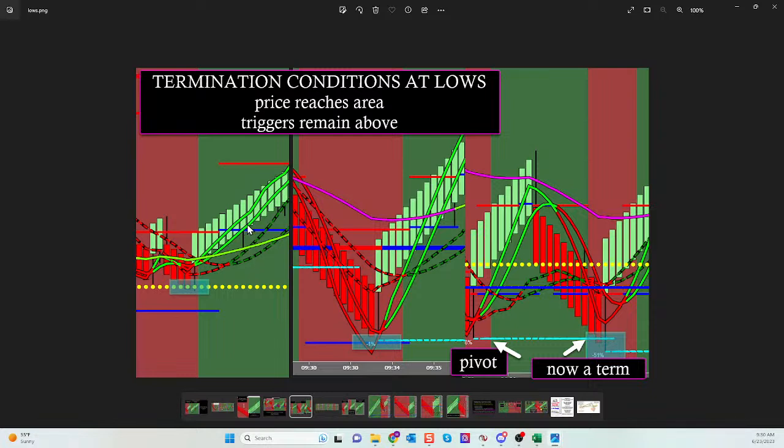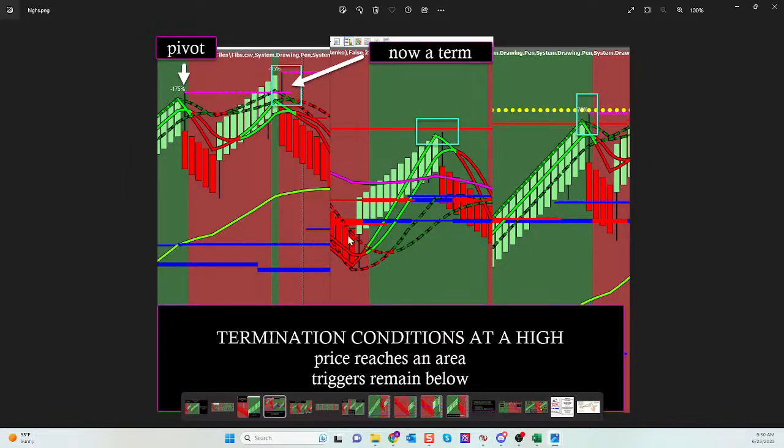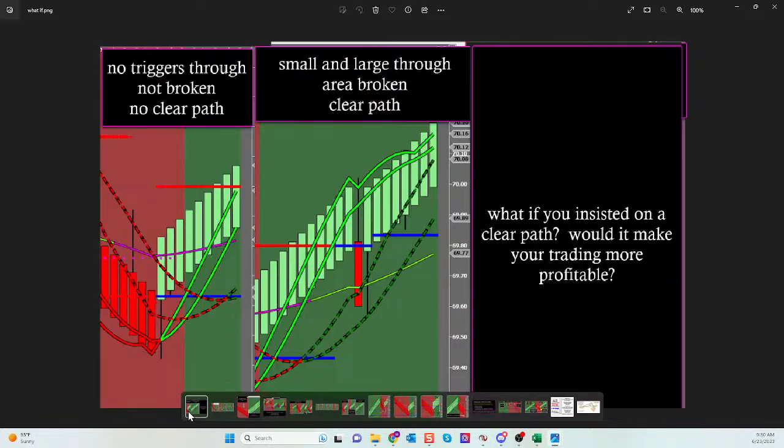This tail with odds favorable momentum is your highest probability trend trade. From a high, when this termination condition creates the full reversal, you catch that, rules met, high probability trend trade, that's your best chance of success. So initially, I want you guys to keep it super simple. If price reaches an area and absolutely no trigger lines break through that area, it's a termination condition. No more trades into that area.